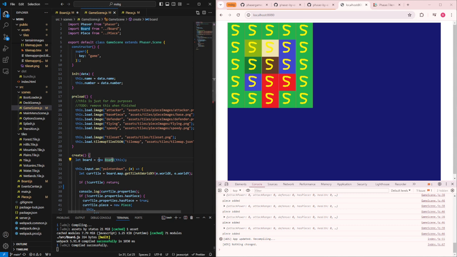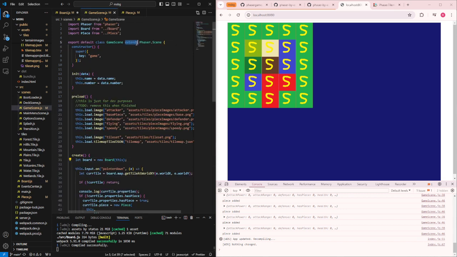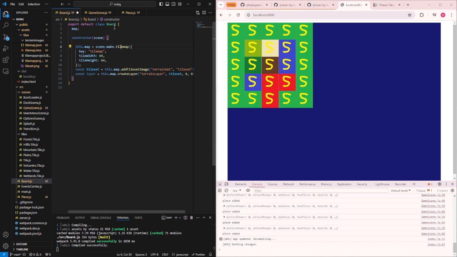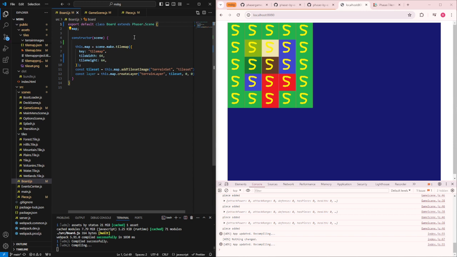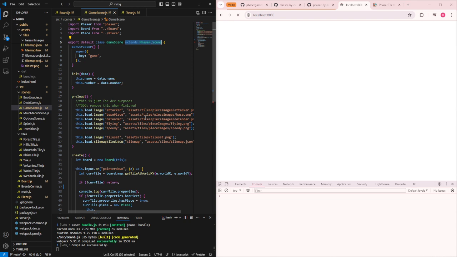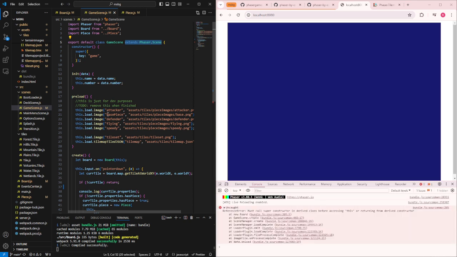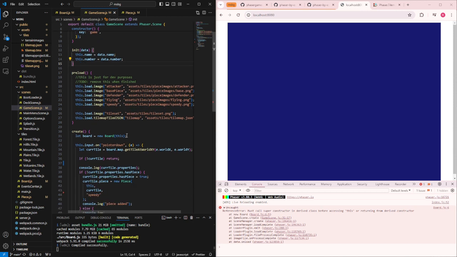And just start it here. So not saying new board, but if this extends the Phaser scene. Oh no, it should give me an error. A huge one at that. Yes. So we are not creating this like this, we are saying that